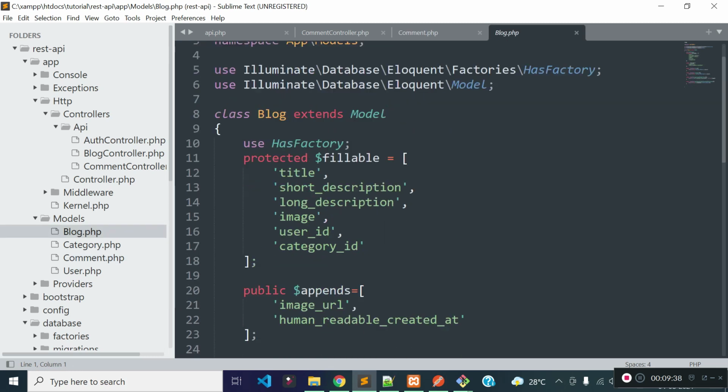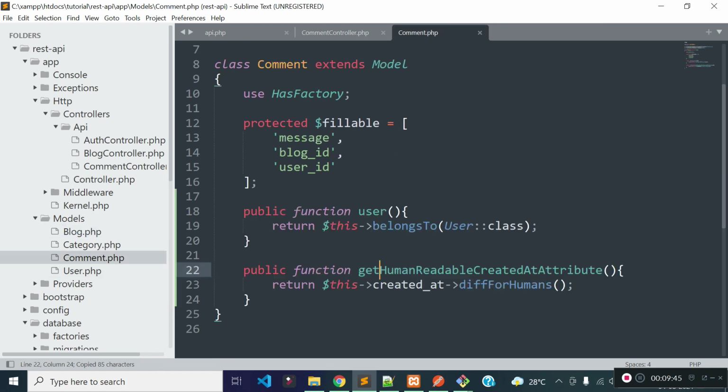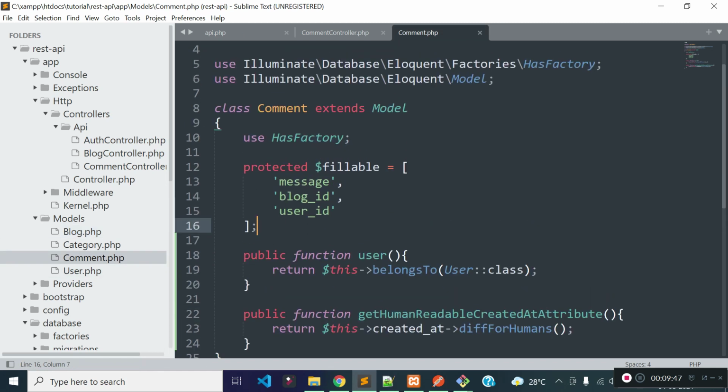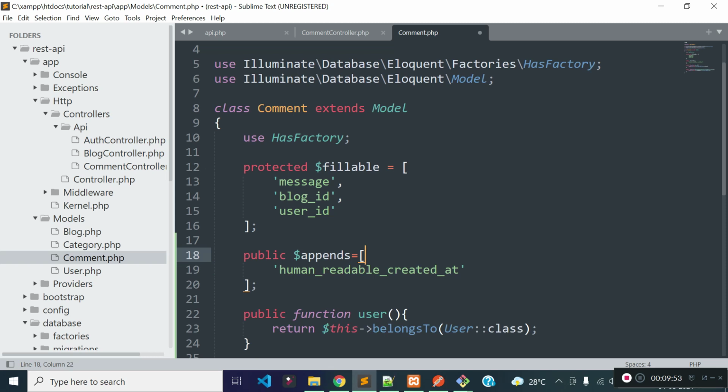Similarly to what we did in our blog model, we can copy the appends array and paste it inside our comment model, because we are passing an extra field in the JSON response, human readable created at, when the comment is added.